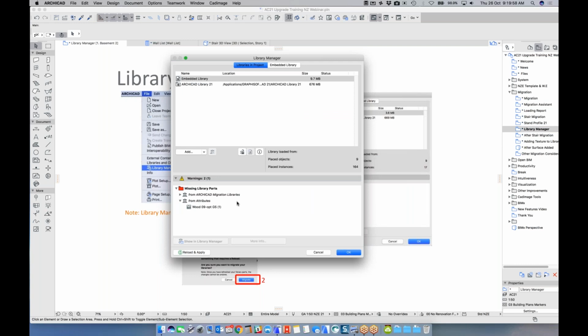Now we're going to add the migration library back into our project to fix that little stair, little missing object that we're getting at the moment. Up the top, in the middle of our screen, there's 2 little houses with an arrow on top. If you're not sure of what something is, if you hover your mouse there long enough, you get a tooltip. That little tooltip is telling me migrate libraries. When I click on that,